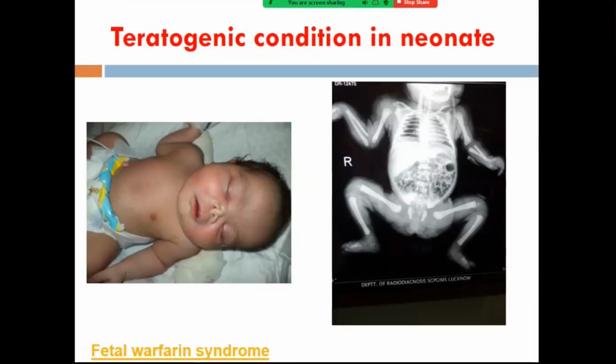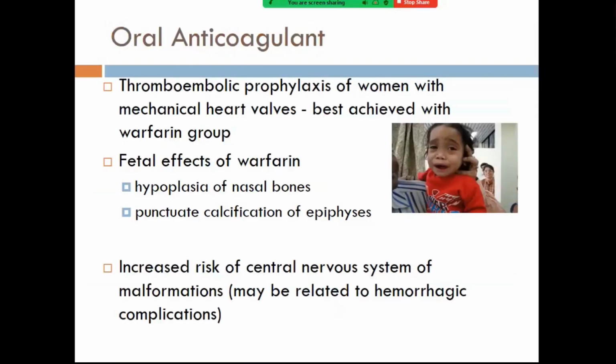Mother had cardiac disease, a prosthetic valve. She was on warfarin, right? So this is very classical of fetal warfarin. You see a nose like this, and the stridor is because of very difficult passage through the nostril and upper airway. So this is another baby with the same disorder, fetal warfarin, who has come to us late in pregnancy.